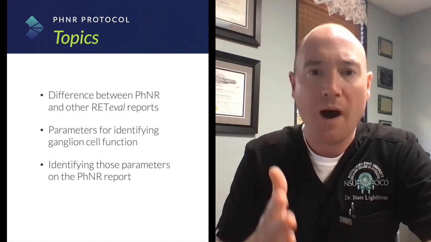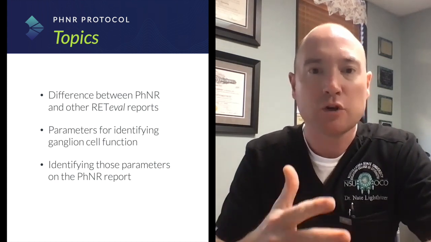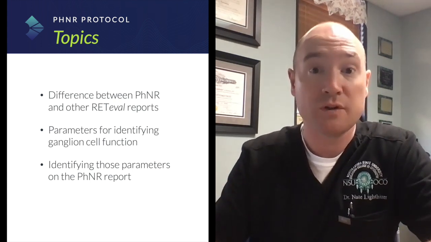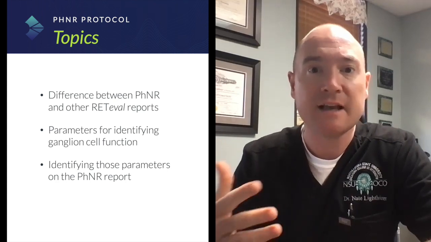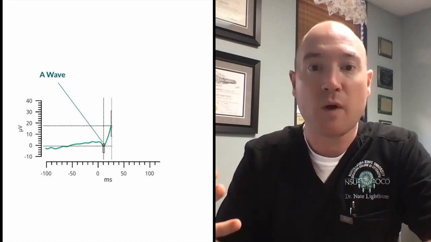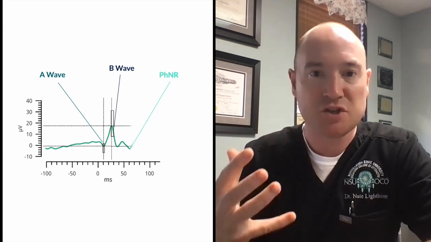And specifically, why does the report on the RETeval for the photopic negative response look a little bit different than some of our other tests that we're used to, like the DR score, the flicker 16, things like that. So when it comes to the photopic negative response, remember your different waves of the ERG, the A wave, the B wave, and the photopic negative response. The A wave comes from the photoreceptors primarily. The B wave comes from the midretinal layers, like the bipolar cells,